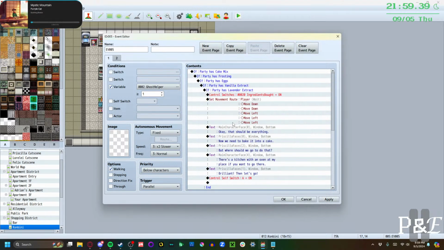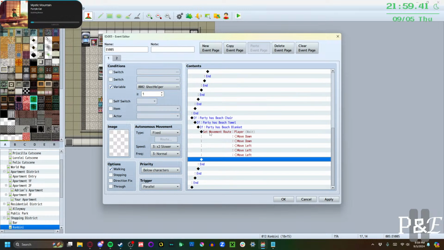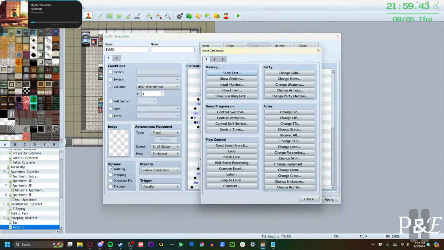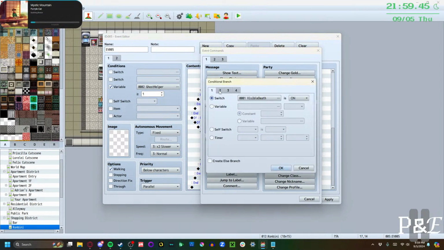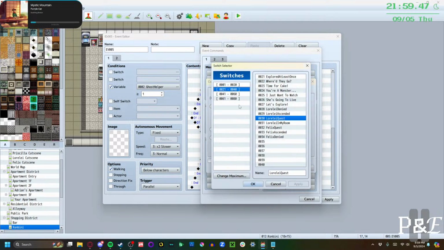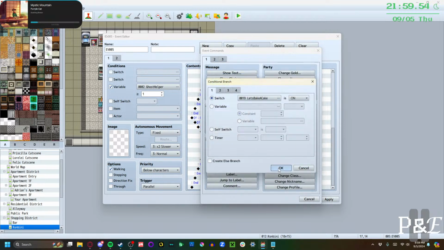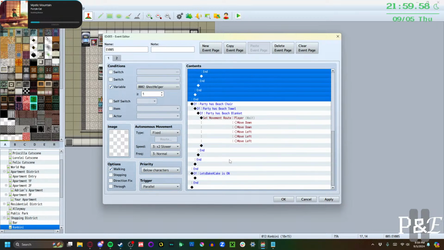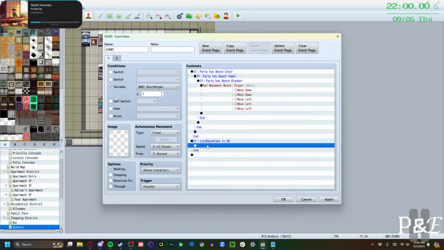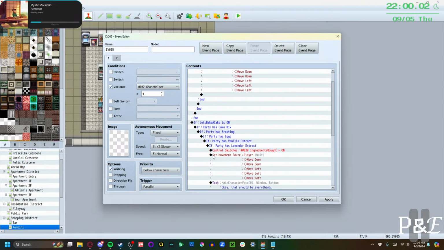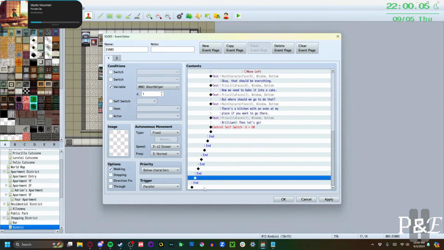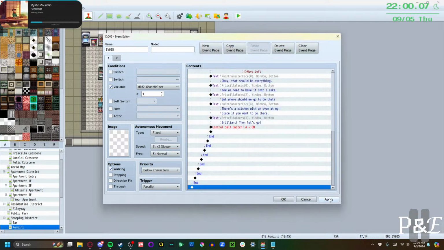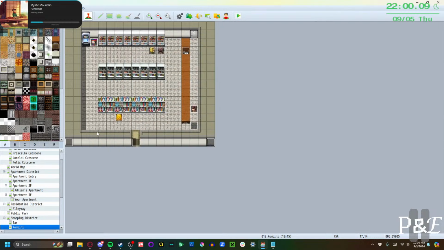Actually, I have an idea. If switch let's bake a cake is on. Cool. Okay, so